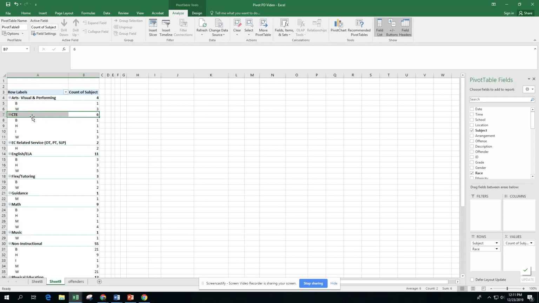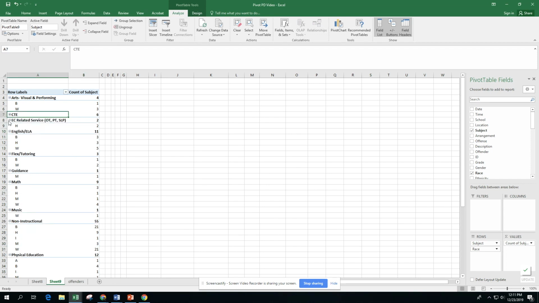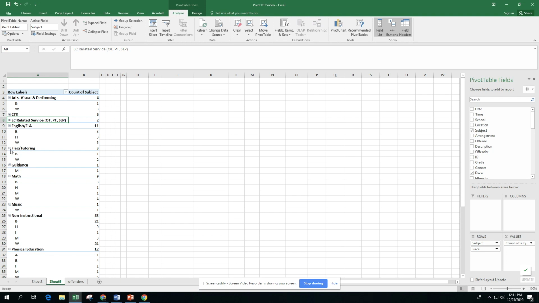CTE had 6 infractions: 1 Black, 1 Hispanic, 1 Native American, and 3 white. You can even use the plus minus boxes next to it to shrink the data that you're not interested in, so you're only looking at the summary. So if I go through and click it like this,